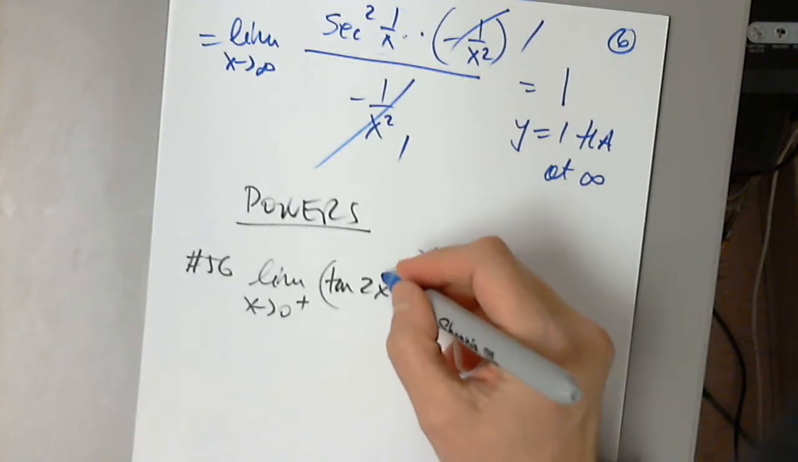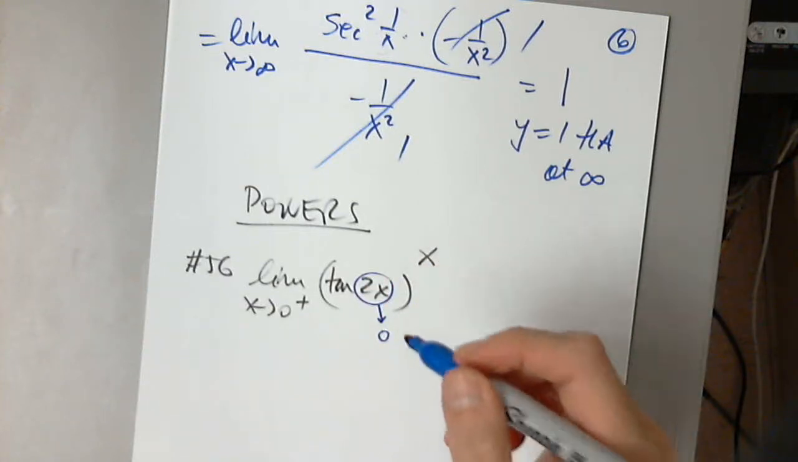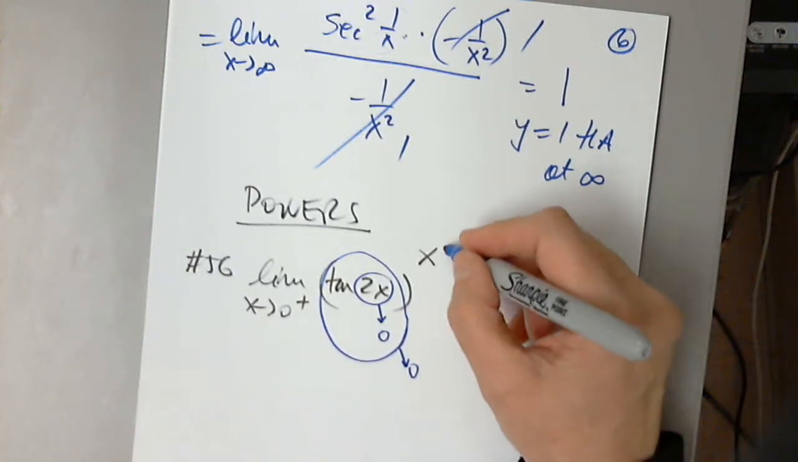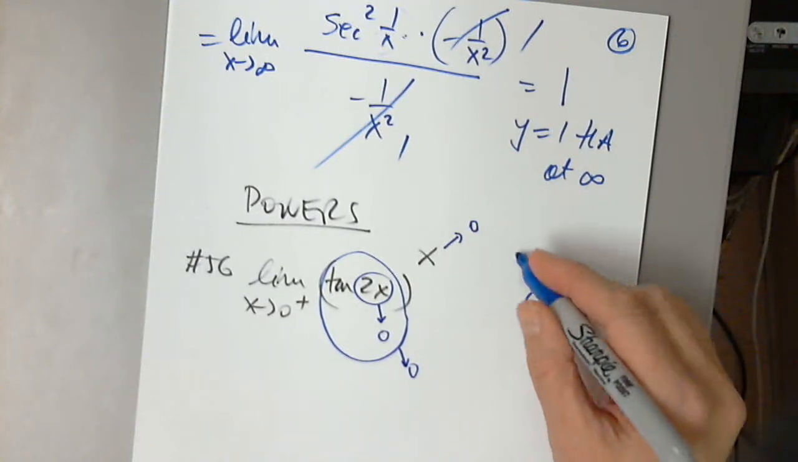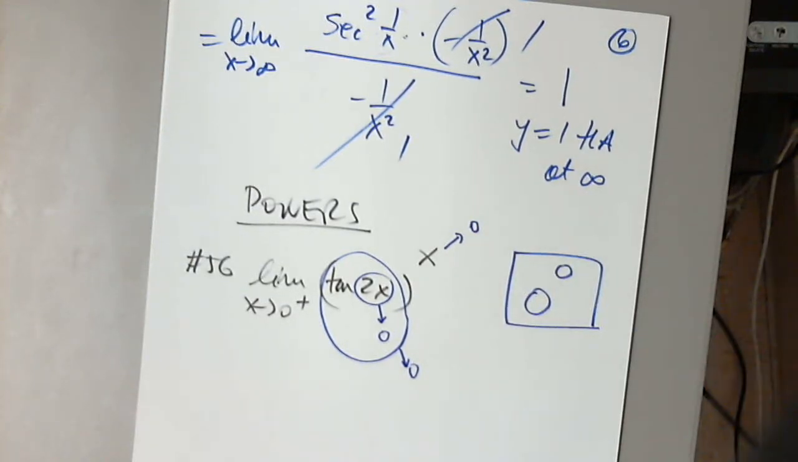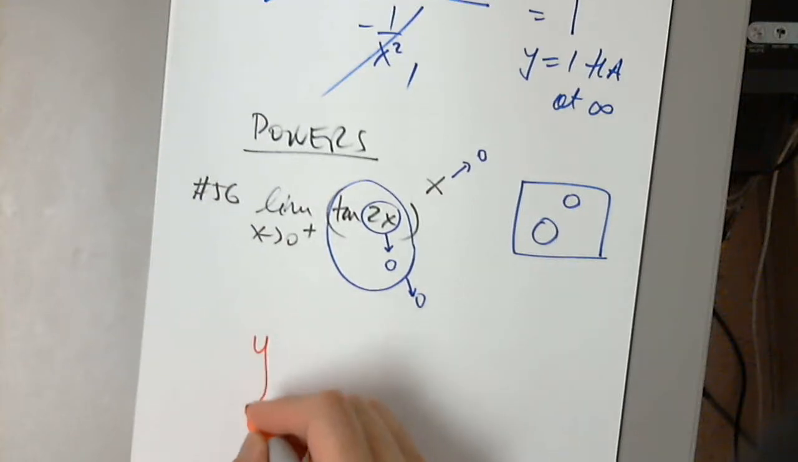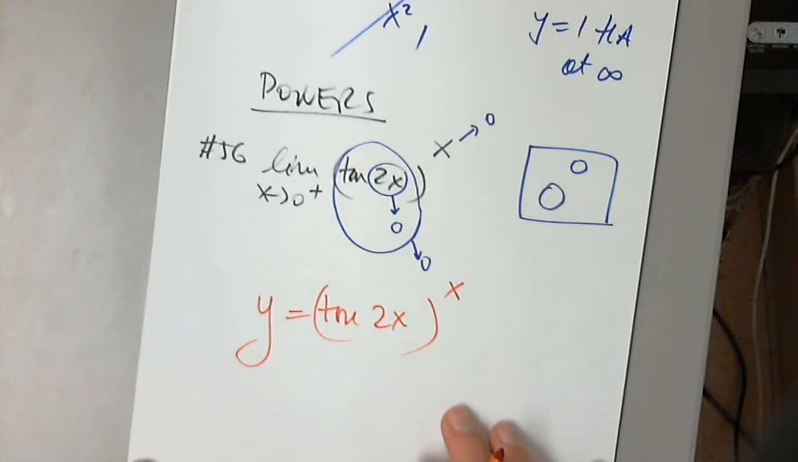We start from the inside. Where does this go? 0. Excellent. Where does this go? 0. Where does this go? It's 0 over 0. 0 raised to 0. So then, of course, I have to take the function aside, write it as y equals tangent x, everything to x,